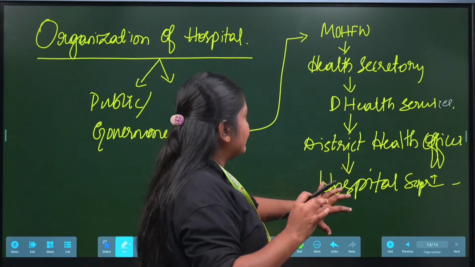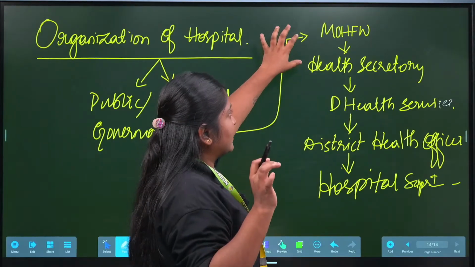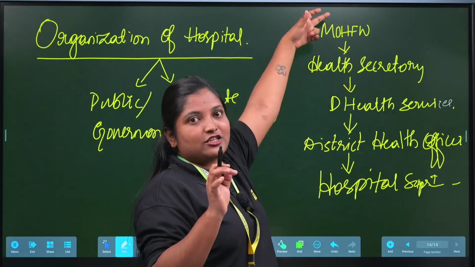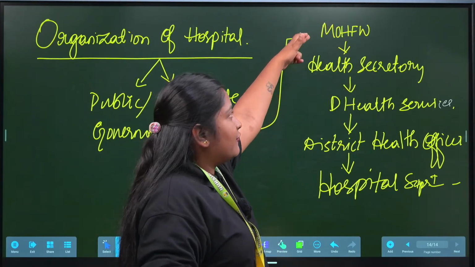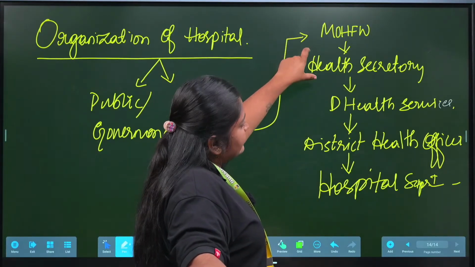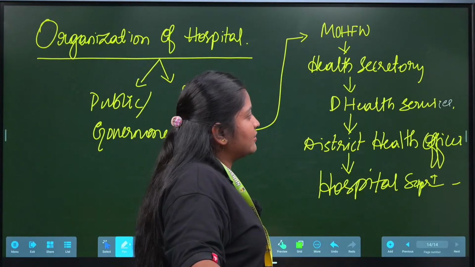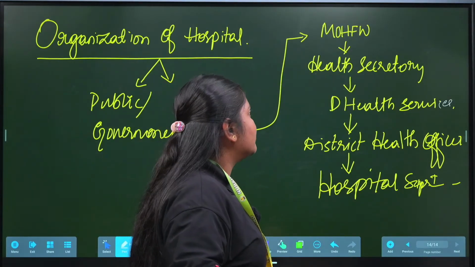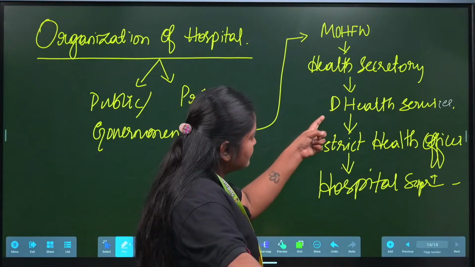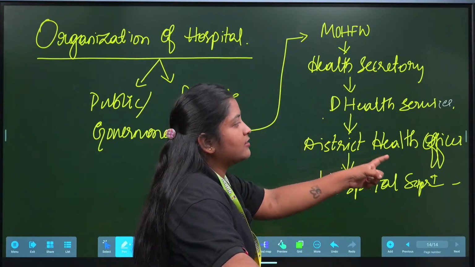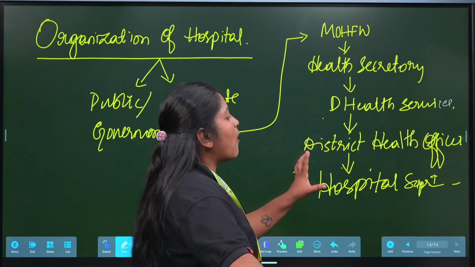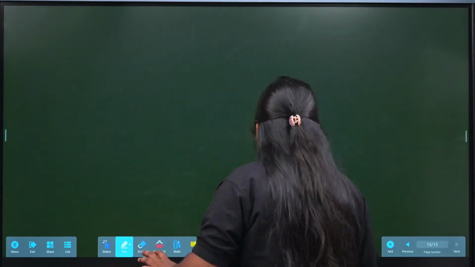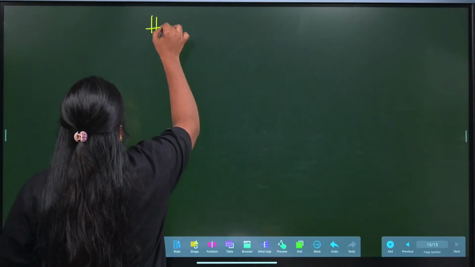So till here you understand. Once again I will explain. First the Ministry of Health and Family Welfare will come, and the next one is the Health Secretary, which is related to the Ministry of Health and Family Welfare. The next is District Health Services, which becomes District Medical Education. After this department we have a District Health Officer. Under that, the Hospital Superintendent. So this Hospital Superintendent is going to be